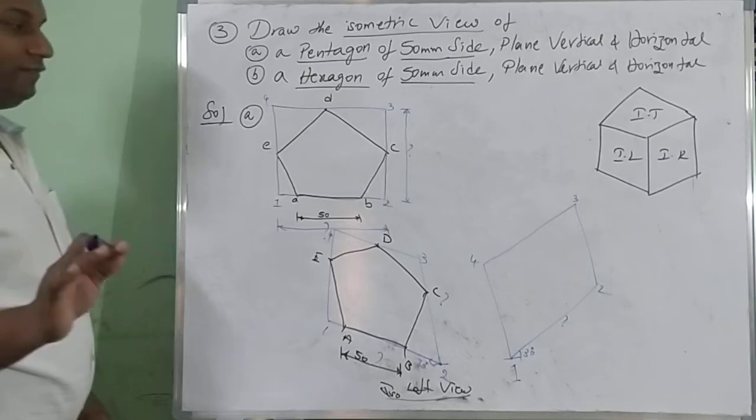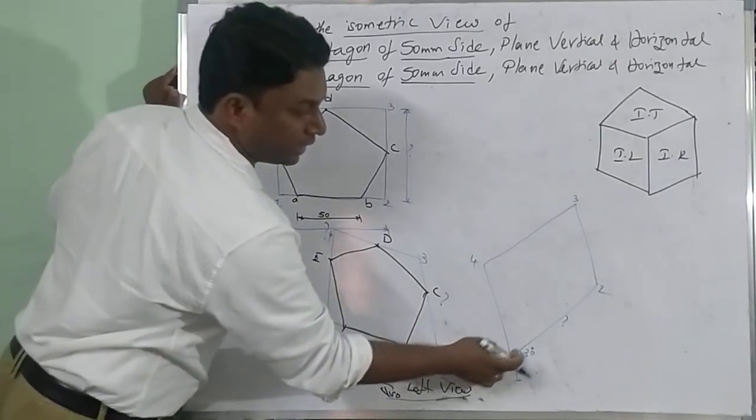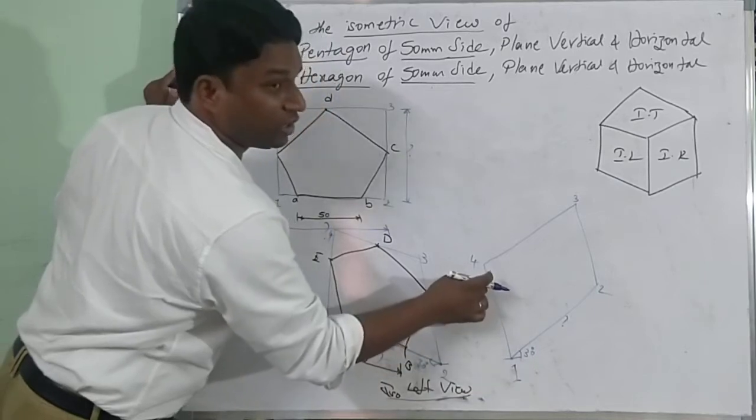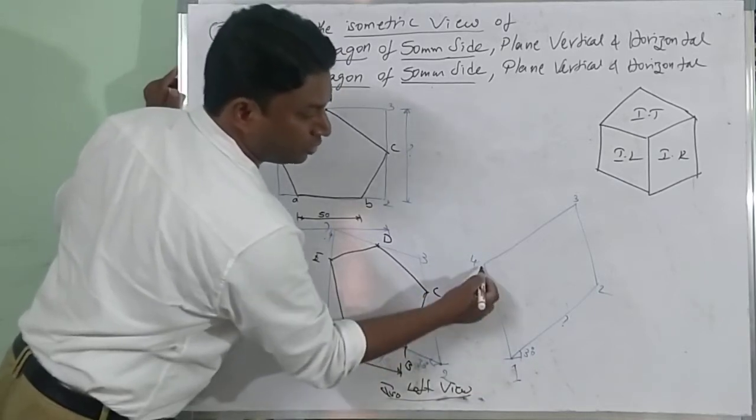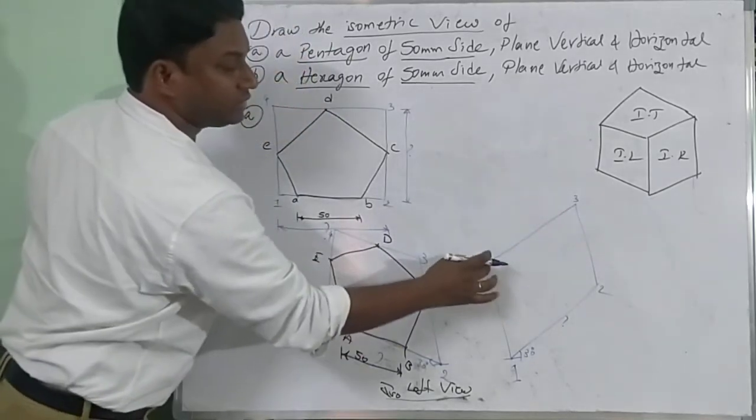If you don't have a drafter for drawing parallel lines, you can use a protractor. Again, I am telling you, for a 30 degrees line, here you can draw a 90 degrees straight line. Now from here also you can just draw a reference line, draw 30 degrees, it will come here, just close it. Right? That is a simple technique.